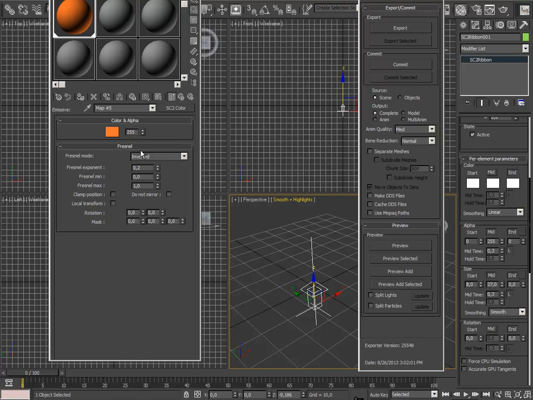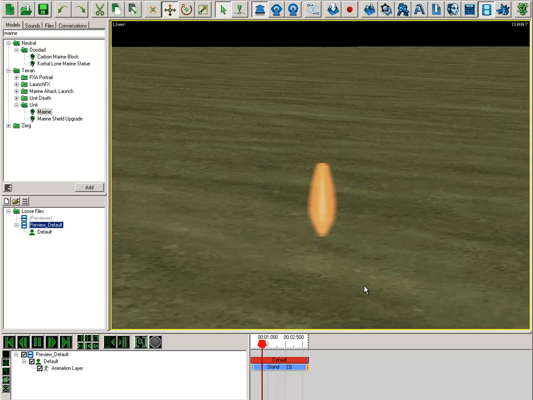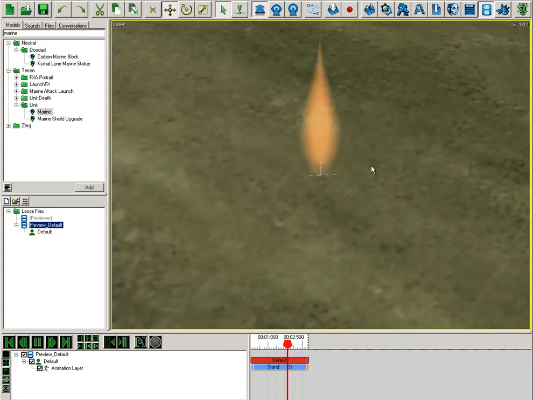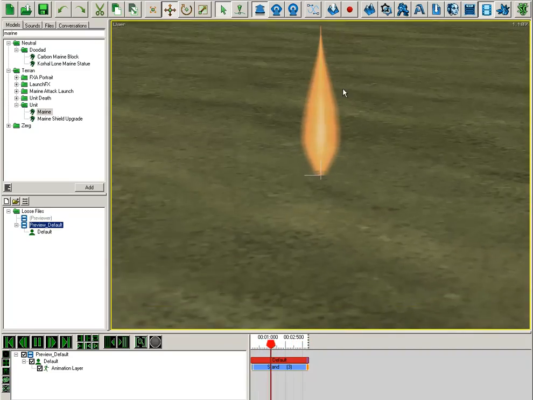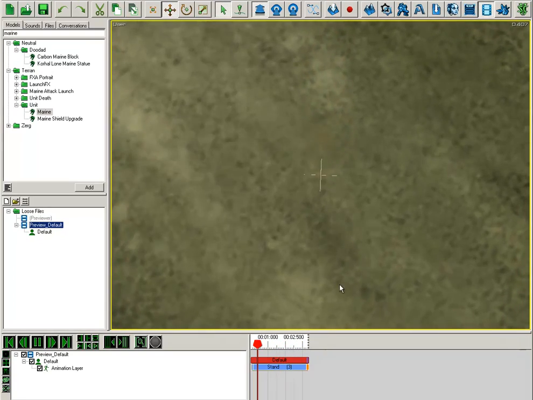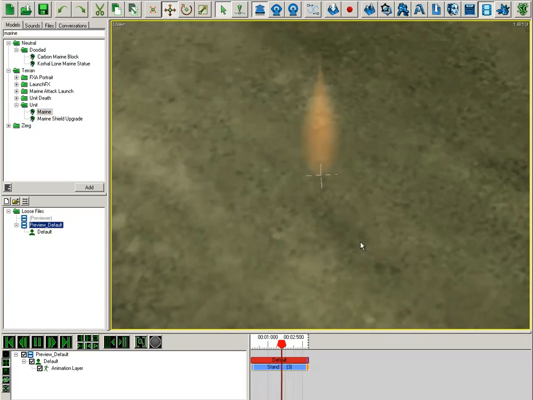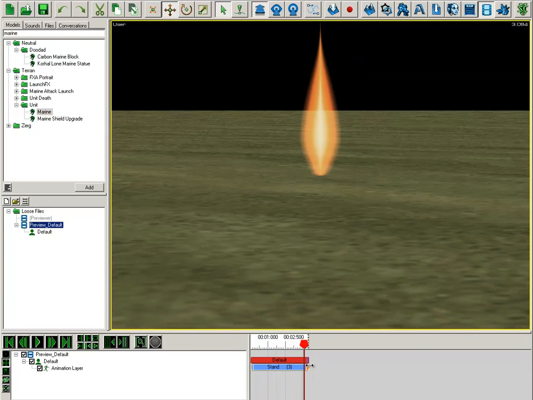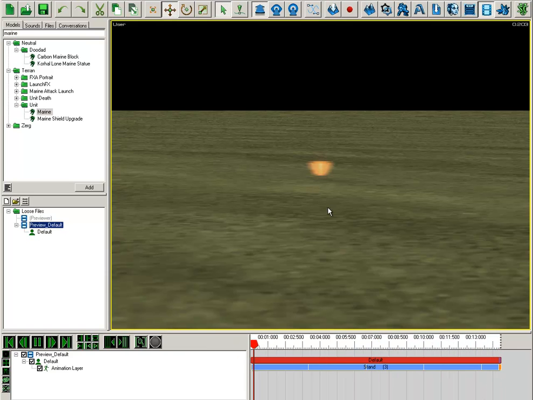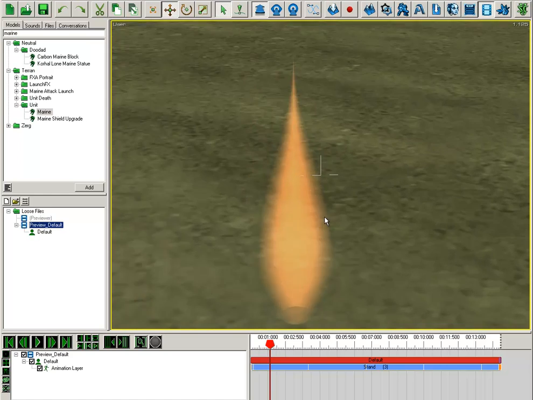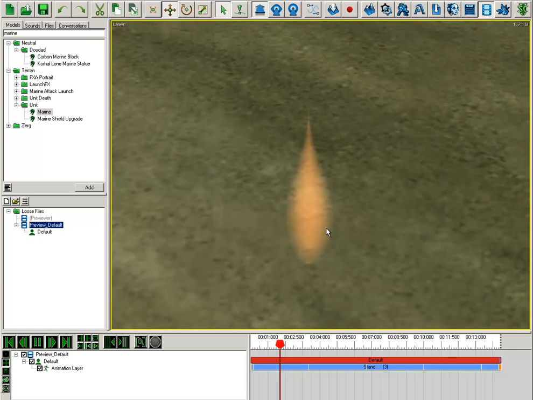Oh, maybe 25. Okay, not that bad. This will be like a candle fire, but the Fresnel component, you see, when we look at it from the side, it's bright. When we look at it from top, it's not that bright, because the Fresnel component changes the brightness of the model based on the angle of view, but it's not perfect how it's made